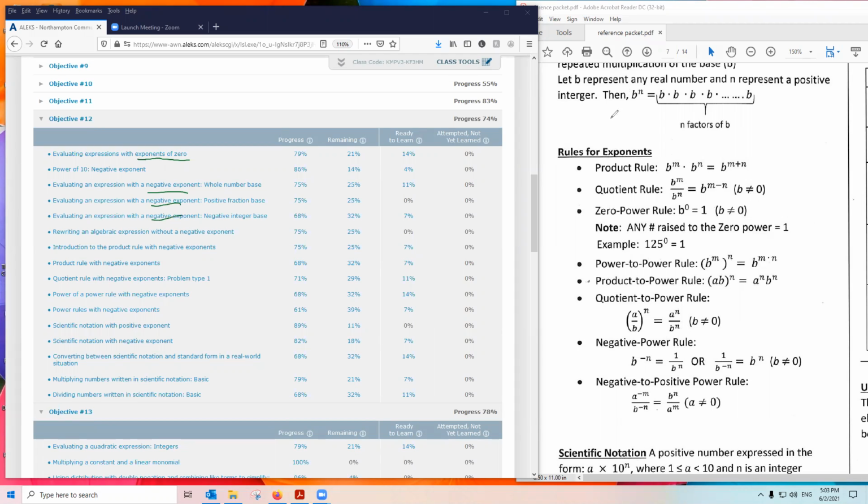Remember, in the reference packet, you have these rules for exponents. So one thing I'm going to use here is the 0 power rule. We're going to use that. And then down here, you can see there's negative exponent rules. We'll use those as well. All right, so let's do a few examples. Let's come here to